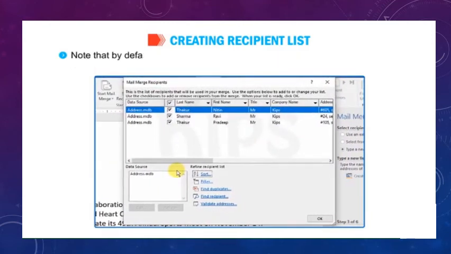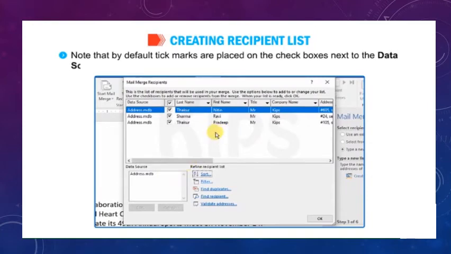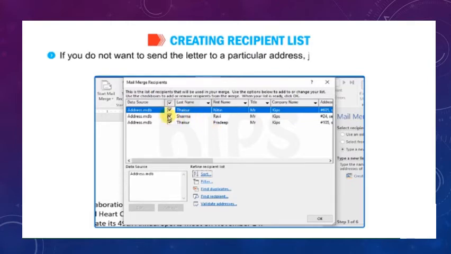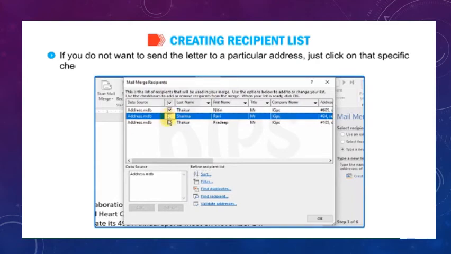Note that by default tick marks are placed on the checkboxes next to the Data Source field. It gives an indication that the records are selected. If you do not want to send the letter to a particular address, just click on that specific checkbox to deselect it. Click OK.